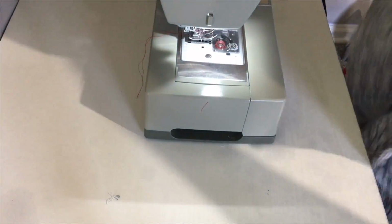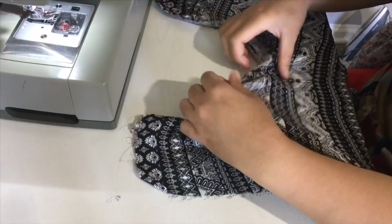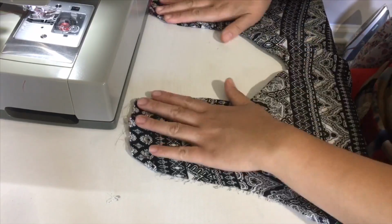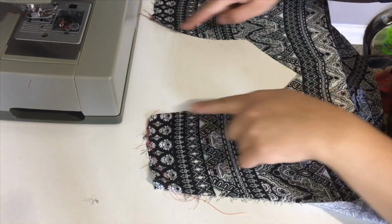So now our neck is all done. We've sewn right on top of the fabric, so that makes it easy to just turn it over like this and have a very clean finish for our neck. Now once I'm done with this, I usually always iron it, and right here it's all ironed,